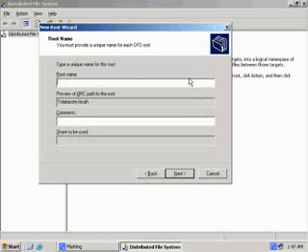On this wizard screen, you are asked to supply a unique name for the DFS root. The root name can be the same as the shared folder of this server. For example, you could have a share named public and use this as the name for the DFS root. I'll type All Shared Folders. Typing a comment in the comments text box is optional. After specifying the root name, click Next.